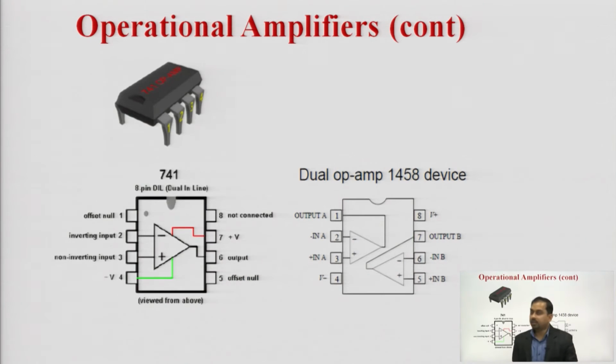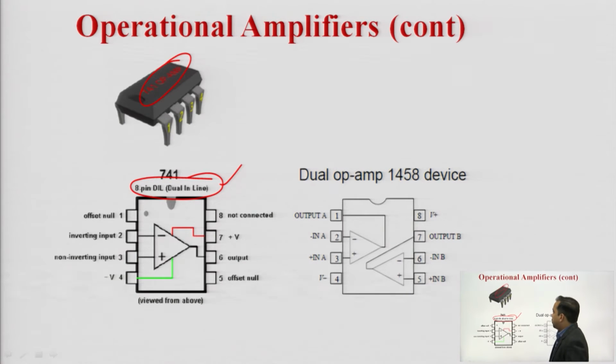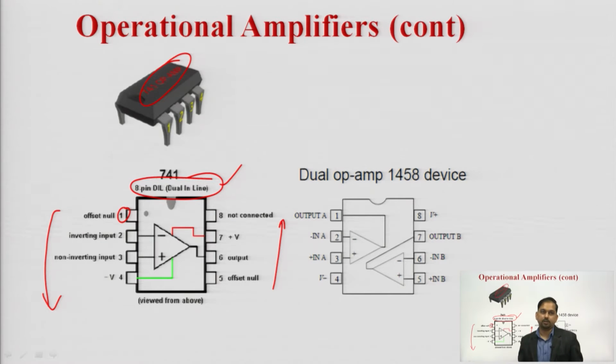So, this is the IC 741 op-amp IC, this is a practical IC. It has 8 pins, and it is available in an 8 pin dual inline packaging. So, this is the packaging offered. If you see the pin configuration, the first pin starts from here. Like this we move 1, 2, 3, 4 and again in this particular direction 5, 6, 7, 8.